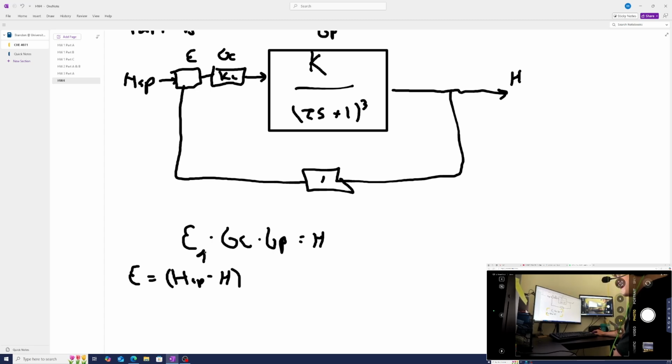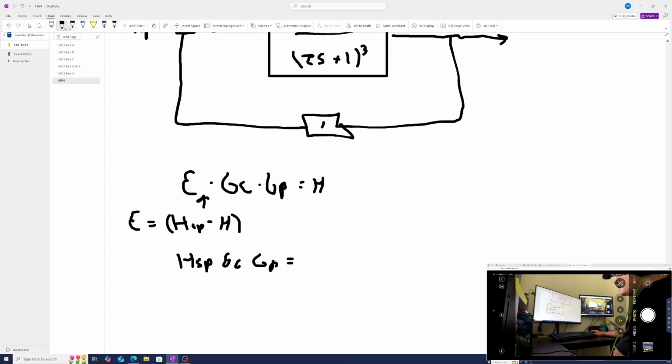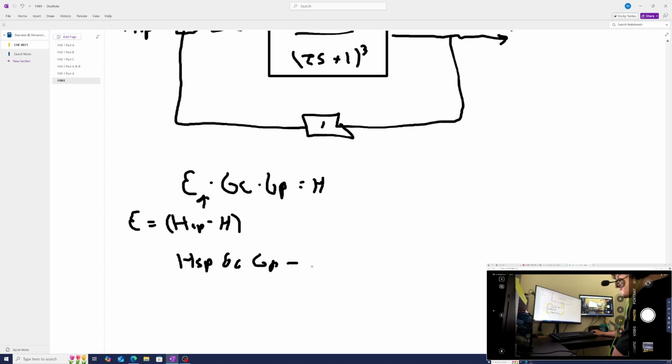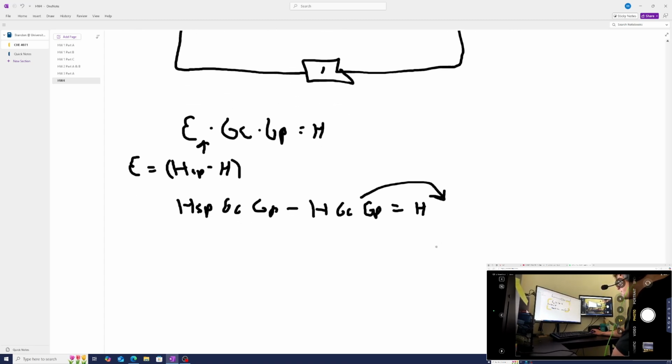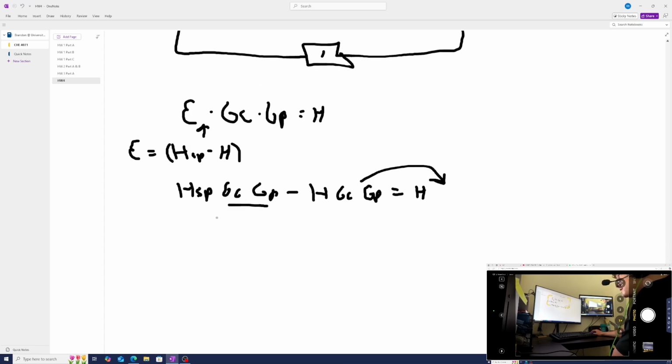So we can plug that in, and multiplying this out, we get HSP GC GP minus H GC GP equals H. We're going to move this across and pull out our H, and then we'll also divide across by our GCGP,